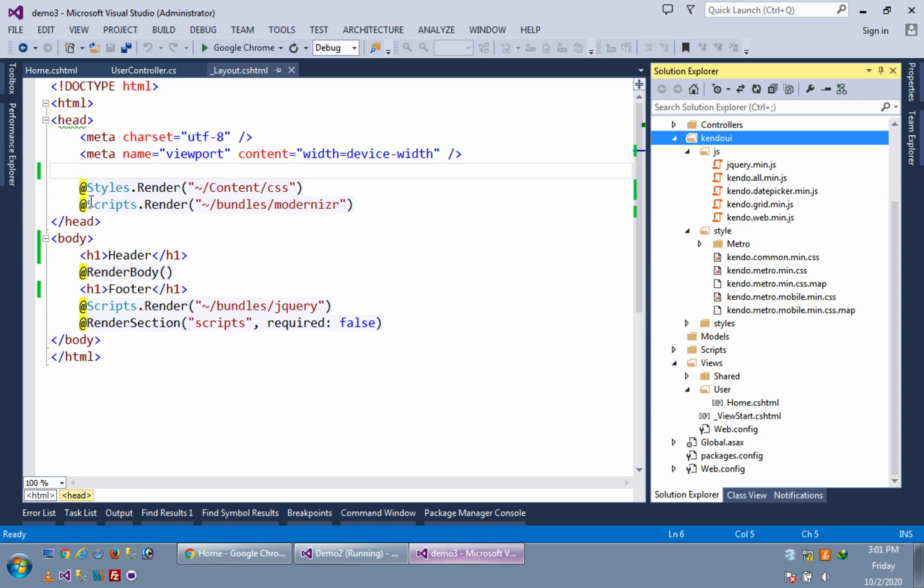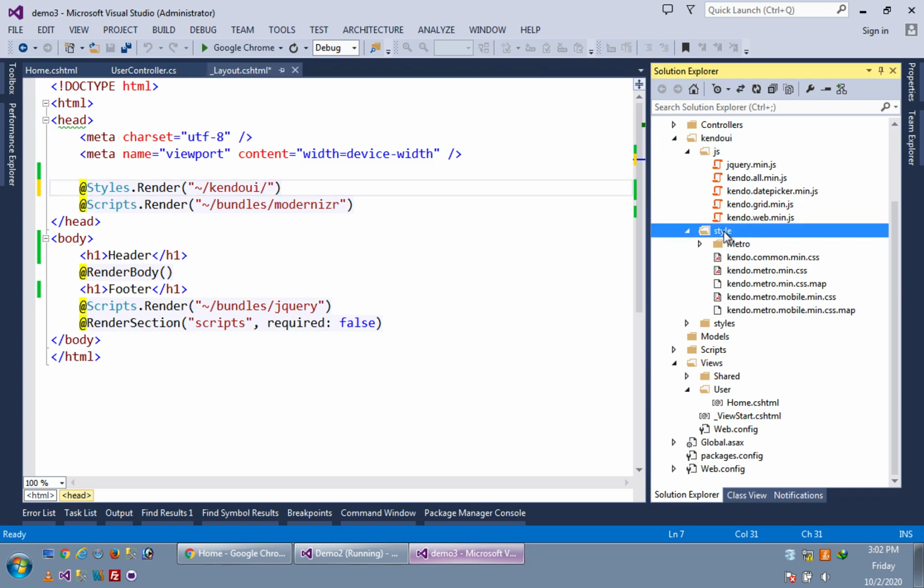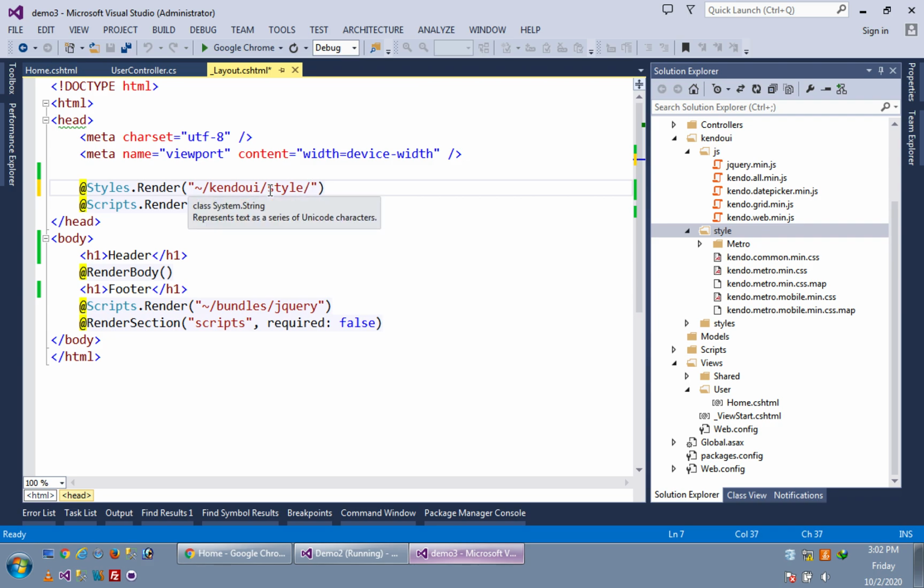And how we will include it: you can see here Styles.Render. All the css files we can include using this @Styles.Render, and what we have to do here is Kendo UI slash styles, meaning we go to the style folder, and then kendo.common.main.css.